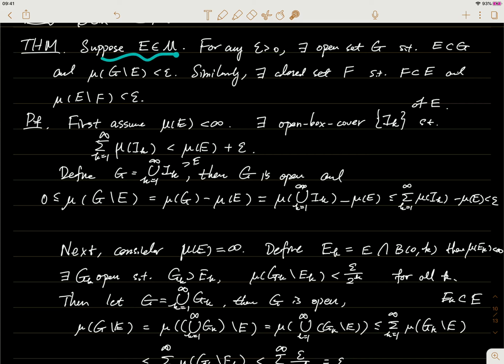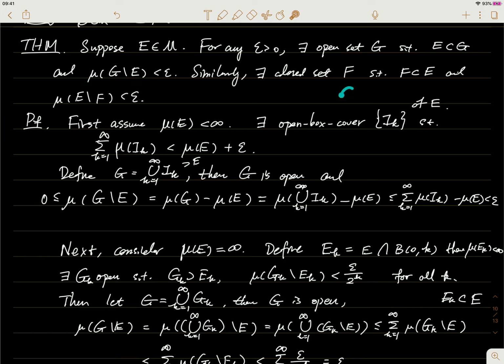suppose we have a measurable set, then I can use an open set to enclose it. Okay, and the difference between this measurable set and the open set can be arbitrarily small. Formally speaking, suppose we're given any measurable set E, then for any epsilon greater than 0, we can find some open set G, so that this G will contain E, but it doesn't contain much more than E itself, in the sense that the measure of the difference between G and E, this is just everything in G not in E,